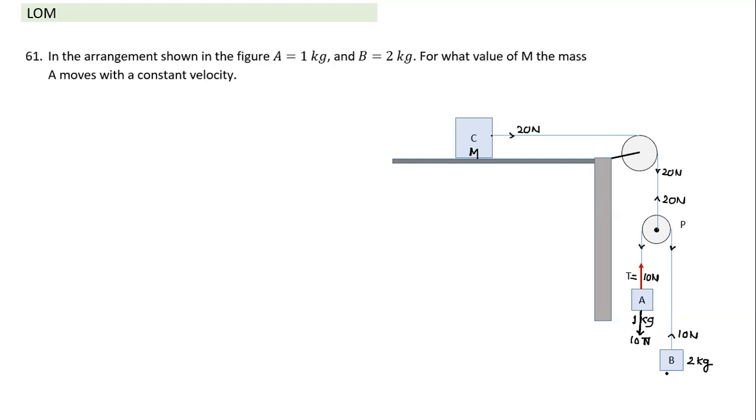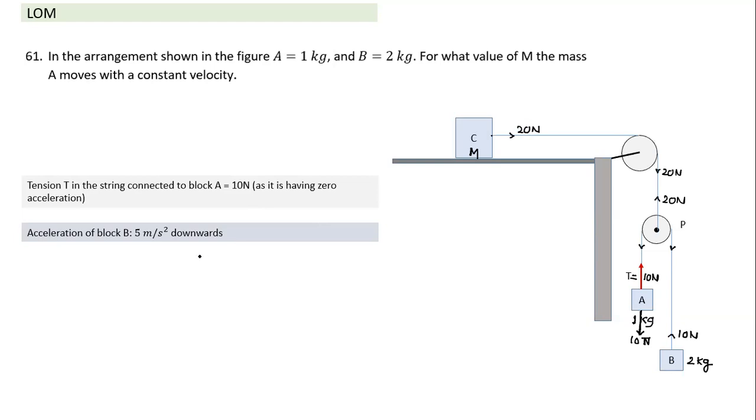Now, these two masses are given. We have found out what the value of the force is. We need to find this mass. Now we'll use the constraint due to this pulley string system. What we have done here is find the string tension as 10 Newton, and this block has zero acceleration. Since mass and tension are given here, we can find out what acceleration B will have. If I take this as a system, I can find its acceleration.